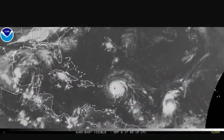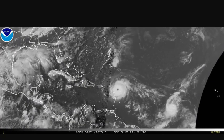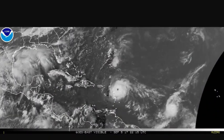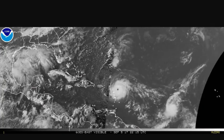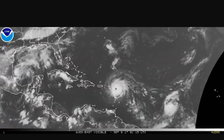Here's the Atlantic satellite. Jose is south and west of Irma. I'm sorry, south and east of Irma. Top winds are 50 miles an hour, and I think this is going to become a hurricane possibly as early as later tomorrow. So you've got Irma in the middle. You've got Jose here to the southeast, and you have a tropical depression in the southwestern Gulf of Mexico that's